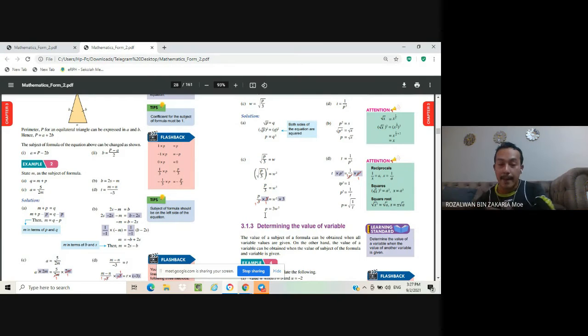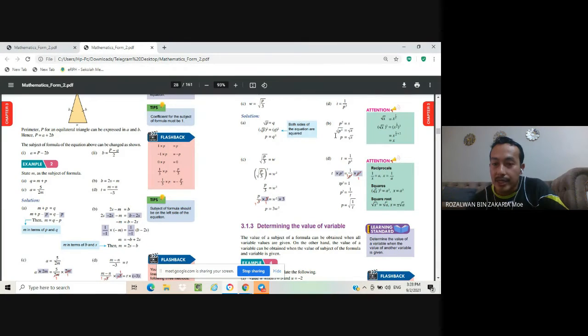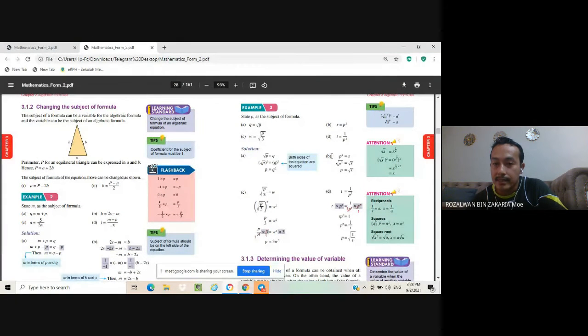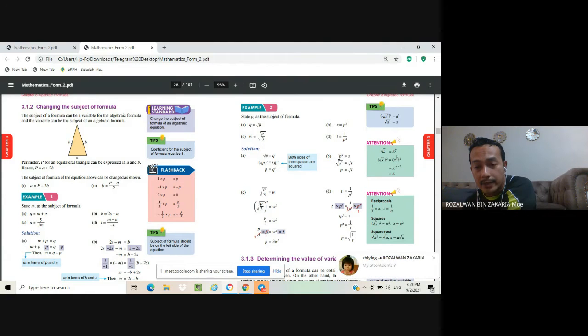Sir, you say if we always put the square 2 on the left side, on the right side also need to be square 2, right? Why, for the B question, the left side got square 2 but the right side don't have square 2? This one, example 3B. Why on the left side we have square root? Oh, okay. Look at, is it Sanjana there? Yeah, at the step 2. Okay, step 2. Look at this one.